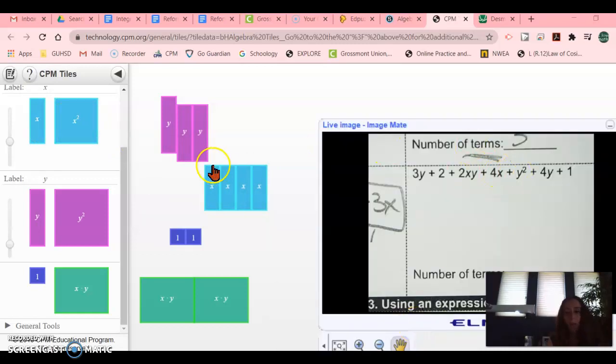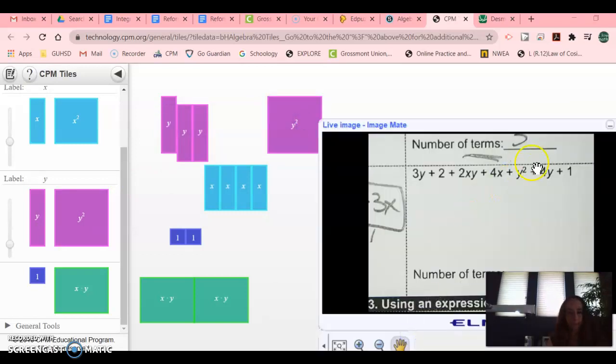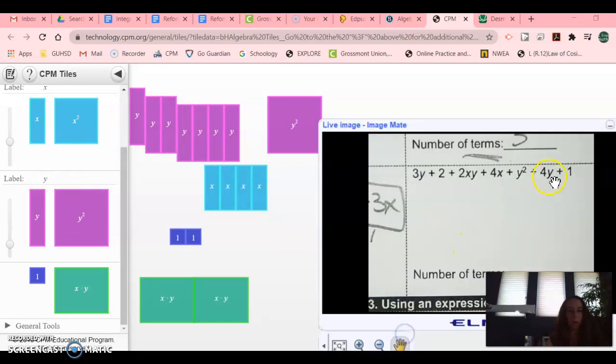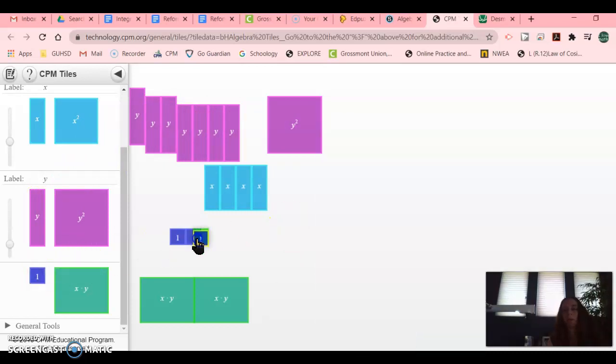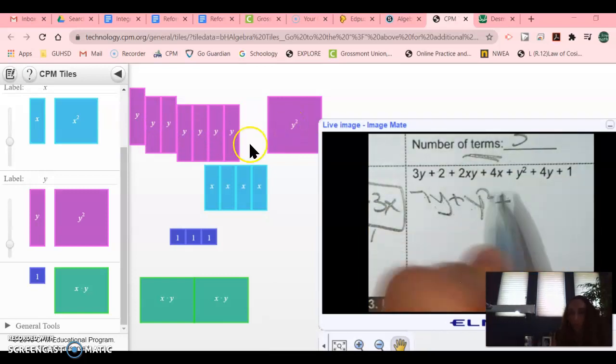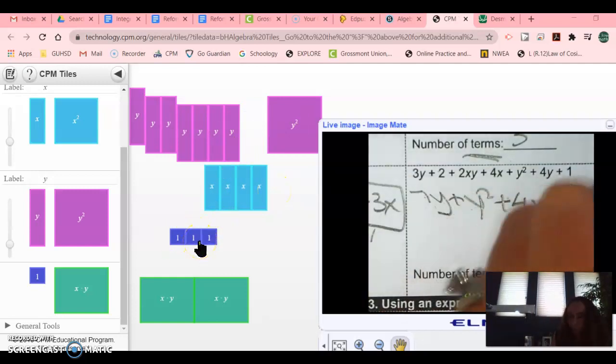I have a y squared. Nope. I have 4 y's. 1, 2, 3, 4. And I have a 1. Okay. I did all of it, so now let's look. 1, 2, 3, 4, 5, 6, 7 y's plus y squared plus 4x plus 3 plus,